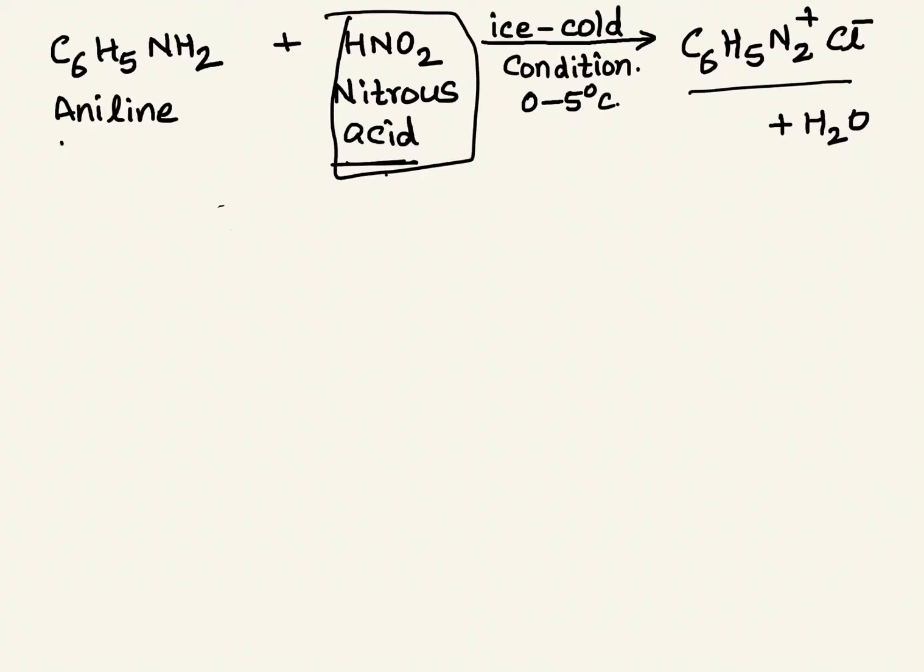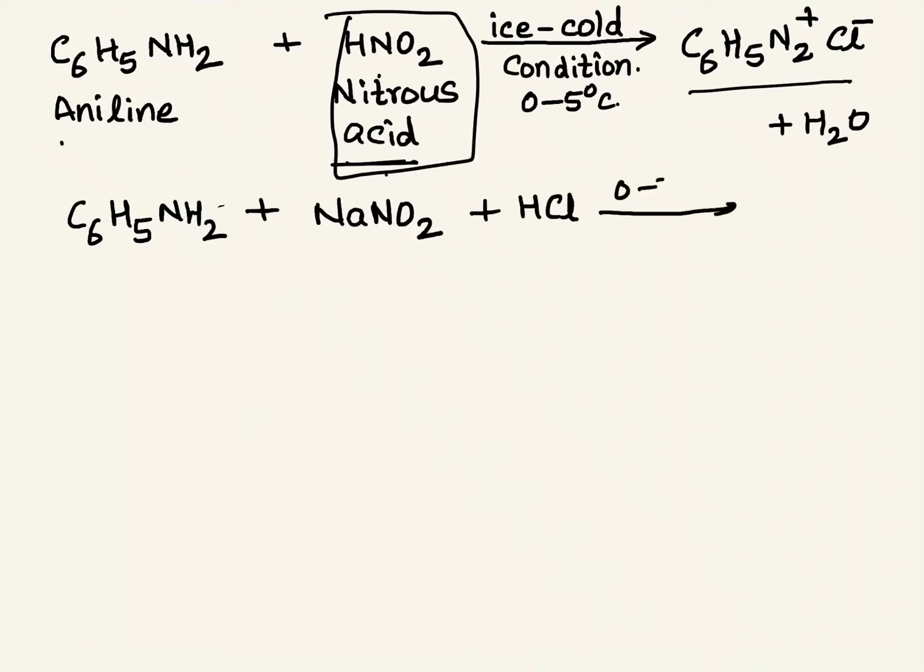So instead of taking nitrous acid, what I do is, I've got this aniline, and in the reaction mixture, I'll take sodium nitrite and concentrated HCl. Again 0 to 5 degrees Celsius, and we have the same product